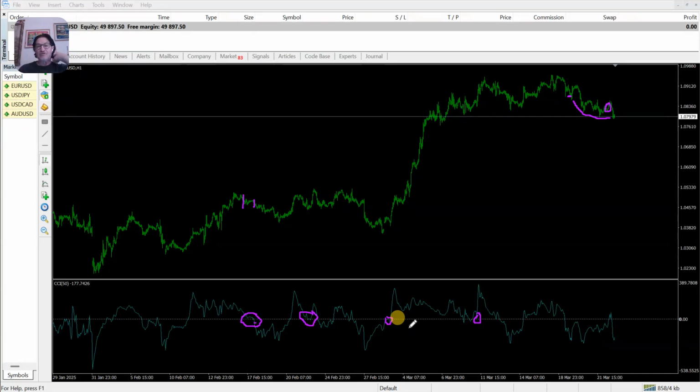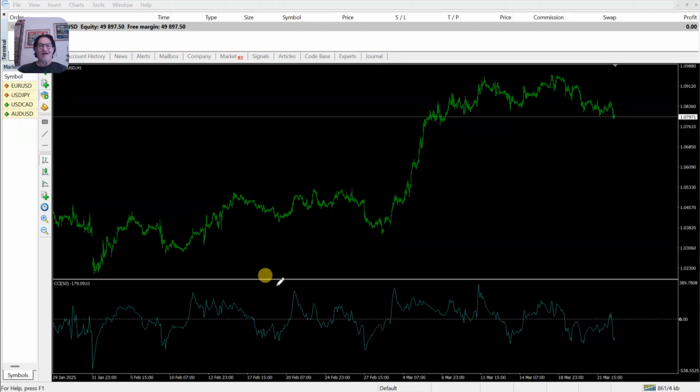The bot doesn't do the trading for me. It does not open a position and close a position. It merely tells me where the CCI signal is and the opportunity for a buy or sell position. And based on that, I make my own decision and I manually enter a buy or sell position.